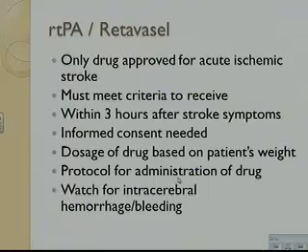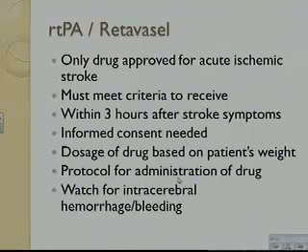Just to let you know, even though they use these drugs to reduce the risk of blood clots, sometimes this is not even the answer. Sometimes emergency surgery is the answer, because if it's a hemorrhage, they need to repair the busted vessel, and if it's blocked, they might have to go into a vessel and open it. So whether it's surgery or the use of this drug, you might see both.